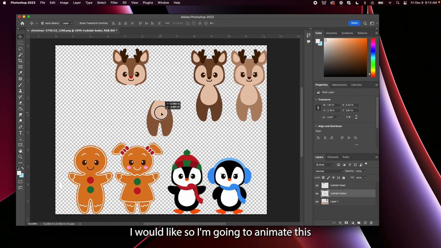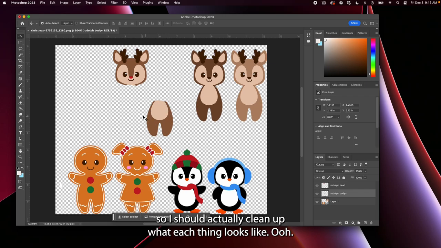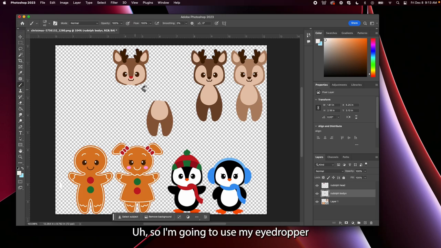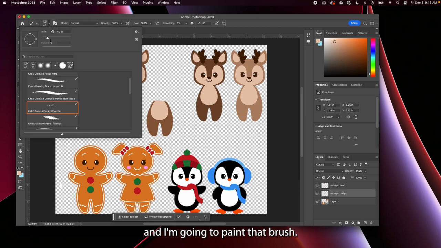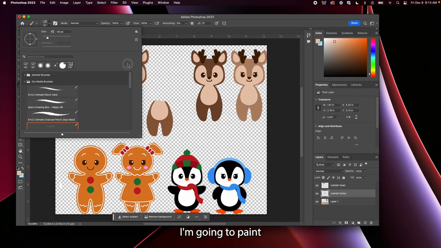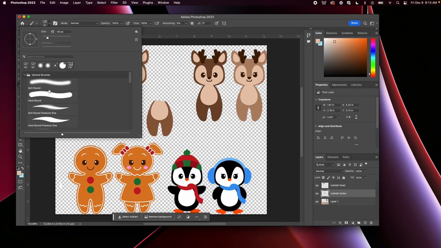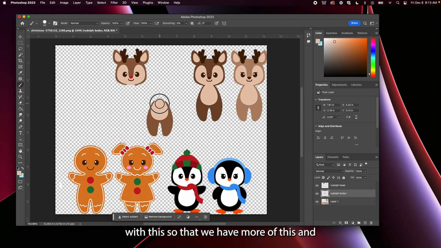so I'm going to animate this, so I should actually clean up what each thing looks like. Ooh, hi kitty. So I'm going to use my eyedropper and my brush tool, and I'm going to paint, oh, not that brush. I'm going to paint with this so that we have more of this